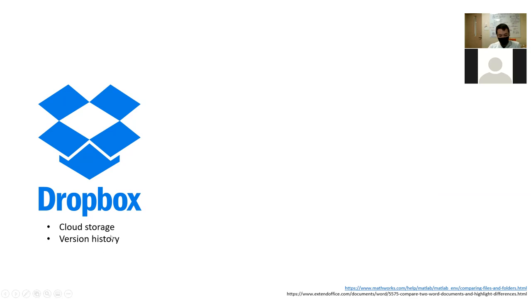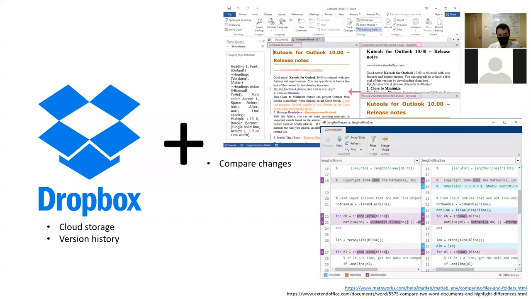GitHub expands on this even further, as you'll see, where you can group the saved files together into specific snapshots, and there are even more powerful ways to, let's say, roll back certain pieces of code or features that you might have realized you don't need anymore. And then also